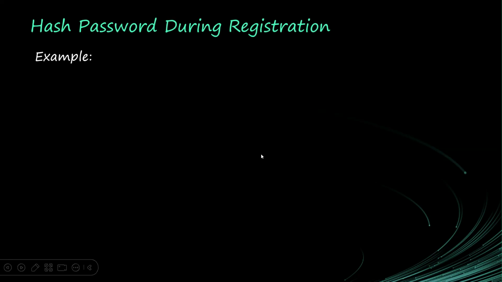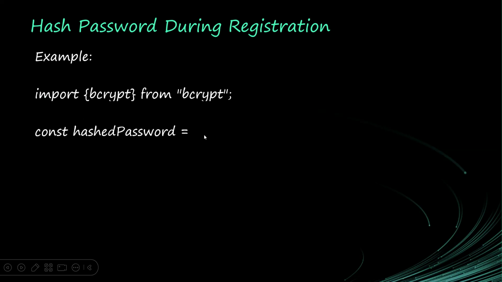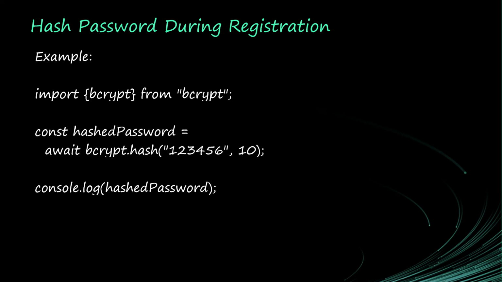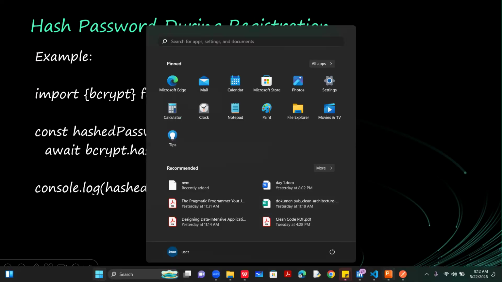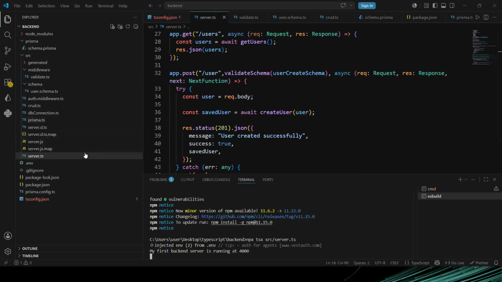Okay, so now let us design our registration system. We are going to import bcrypt and then we'll use the bcrypt.hash method to hash the password. Okay, so now let me show you what the hashed password looks like. Before I go into this, let me show you. Let me create a script